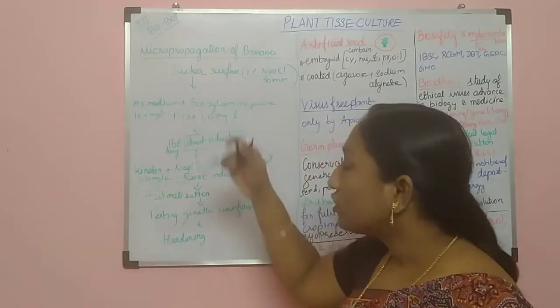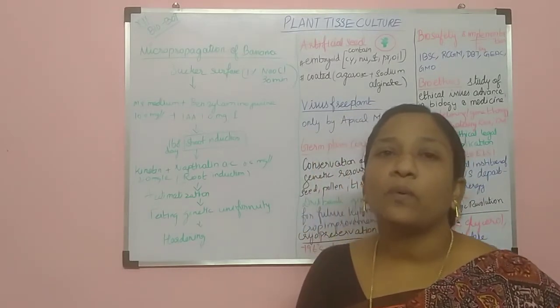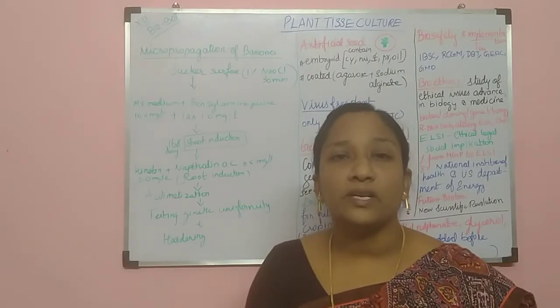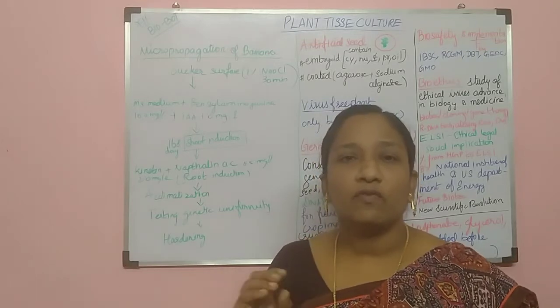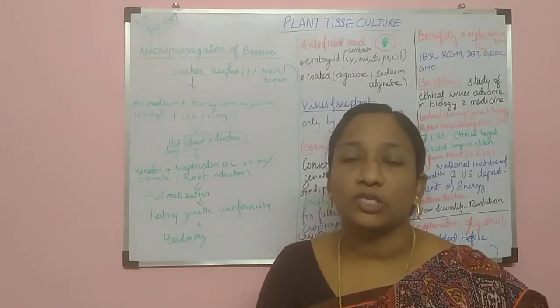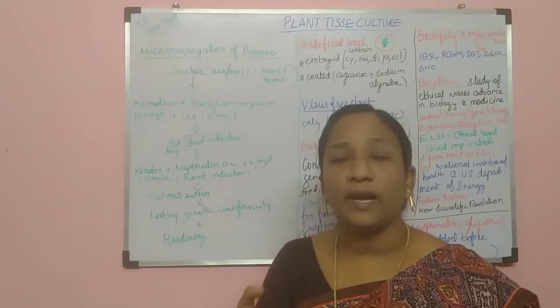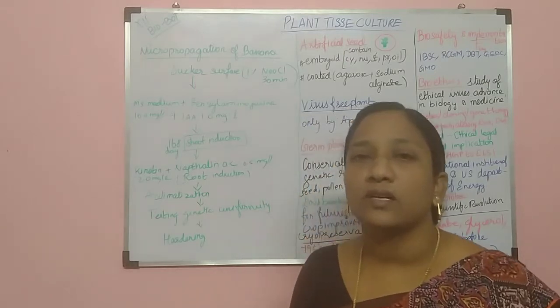So first of all, what is meant by micropropagation? From a single cell, the entire plant formation technique is called as... It is impossible, no? If you want to plant a seed or do vegetative reproduction, this is apart from that normal pattern. We are preparing an entire plant from a single cell. So that is called micropropagation.